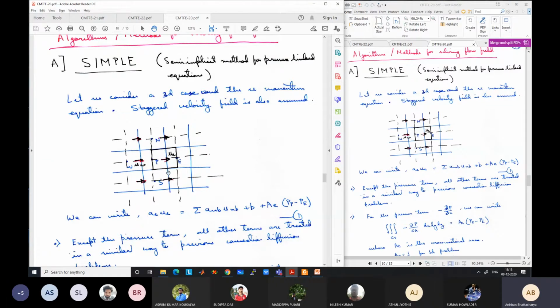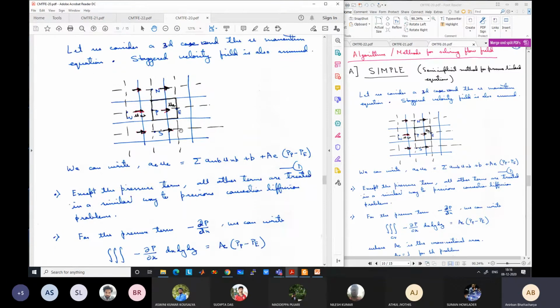So as if the grid points and the control volumes are shifted by half dx, or half of the length of the control volume. Similarly for the v velocity in the y direction. So u velocities are only shifted in the x direction, v in the y direction, and w in the z direction. And then we assume that we can take some guess pressure.